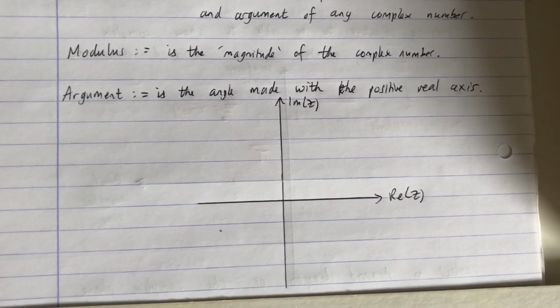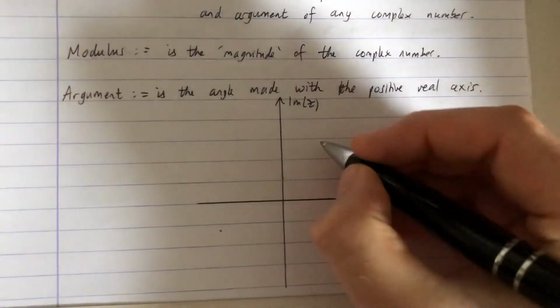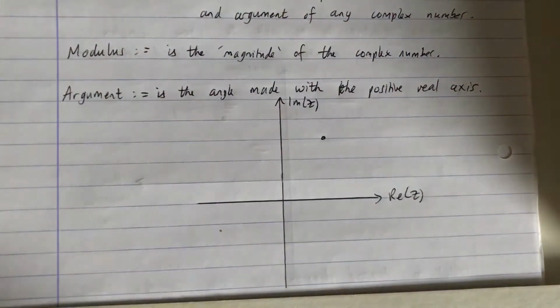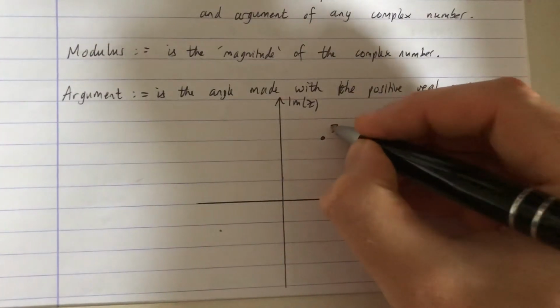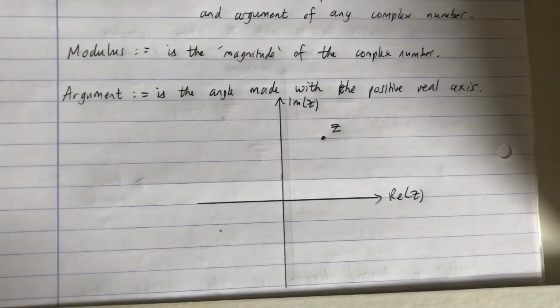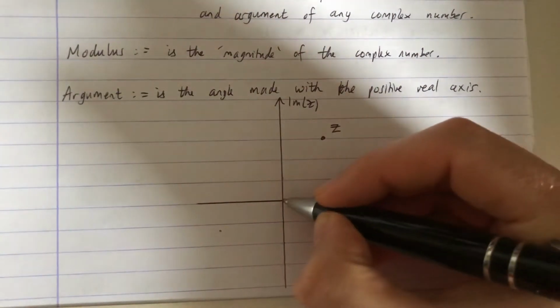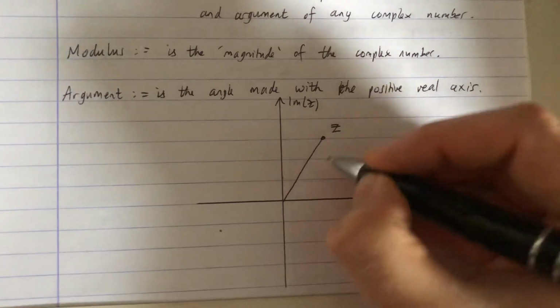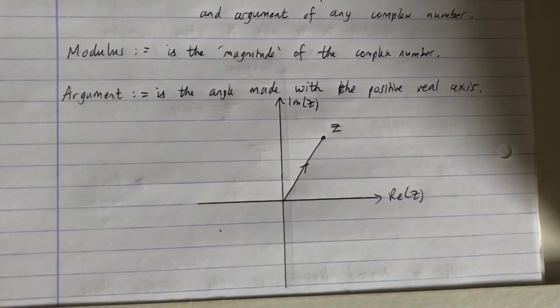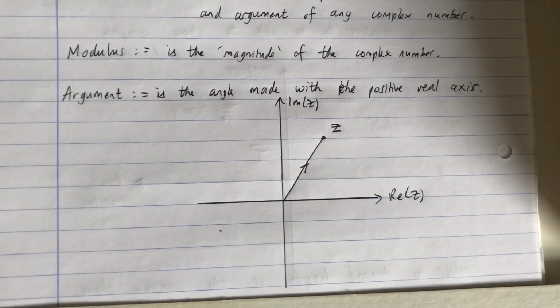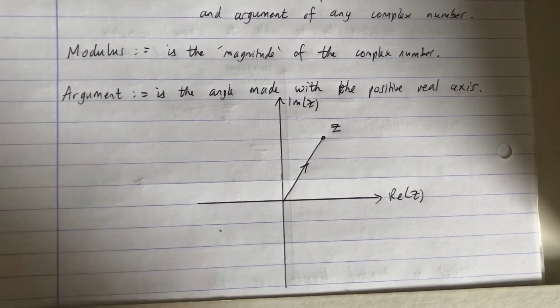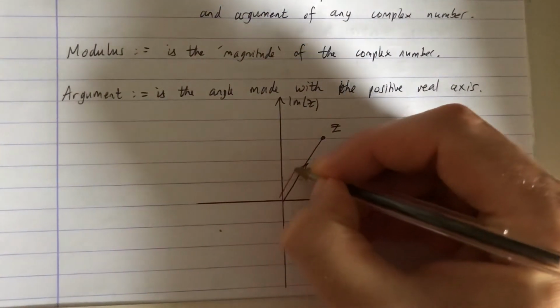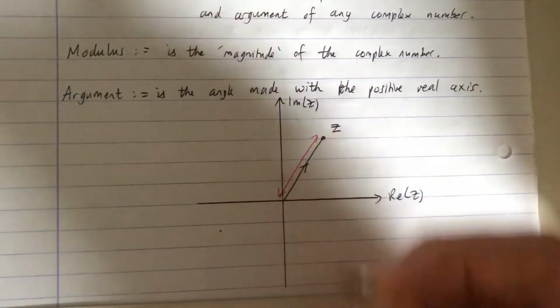You pick a random complex number, let's just call it Z for now. We prefer to rewrite this as a vector, and let's label these two things in. So the modulus would be this length,